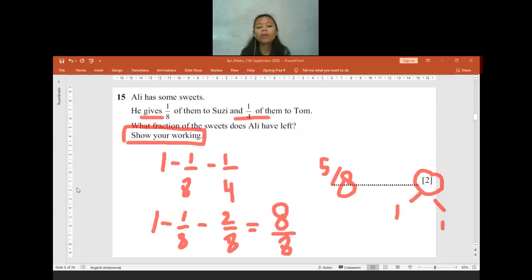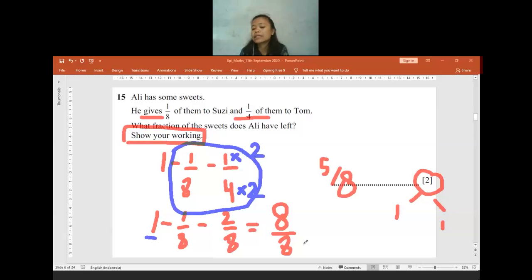And then for the fractions, you have to make sure that the fractions have the same denominator. Now this is 8 and 4. 8 and 4, the denominators are different. That's why I make everything into 8. So from 8 into 8, I just need to multiply it by 1. That's why it stays as 1. From 4 into 8, I need to multiply it by 2. If I multiply this number by 2, I have to be fair. The numerator I have to multiply by 2 also. 1 times 2 will be 2. 4 times 2 will be 8.